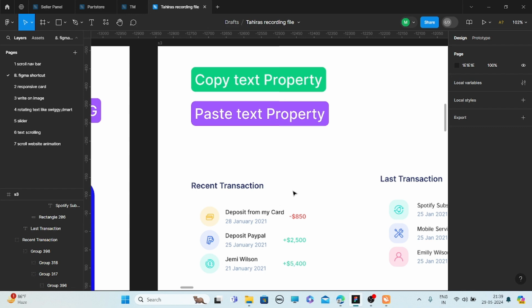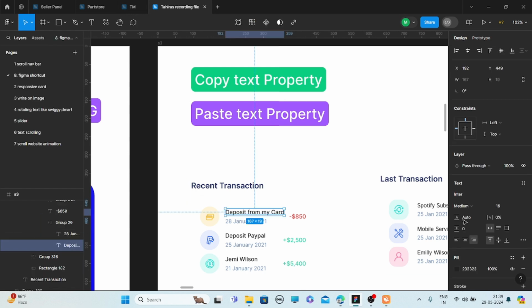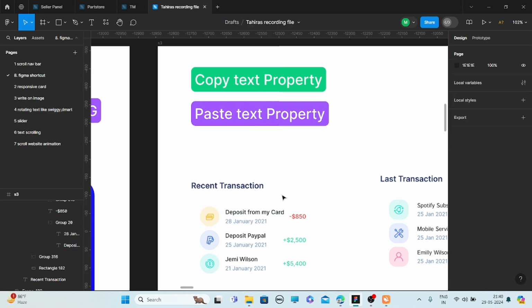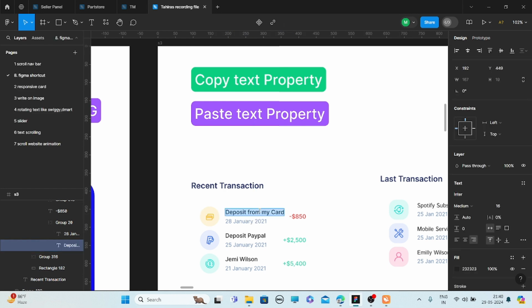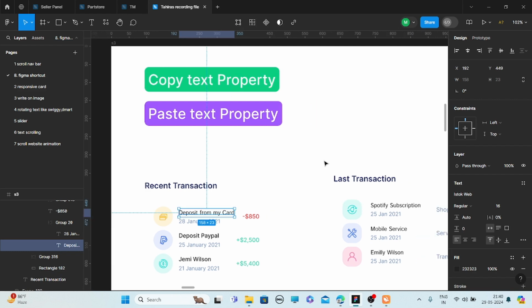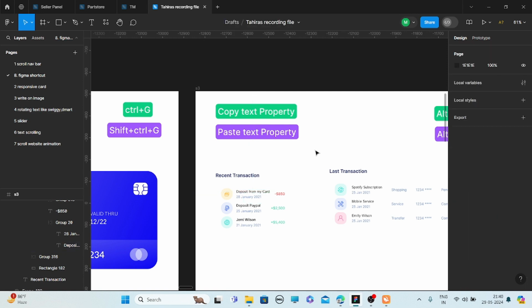Now here you can see the text property is Inter, and there it was different. And if I want to change the property of the text, now select it and press Alt Ctrl, double click and V. Now here you can see in the text panel the property of the text is changed and not the text. I hope you got it. If you have not got this property, again watch this video.